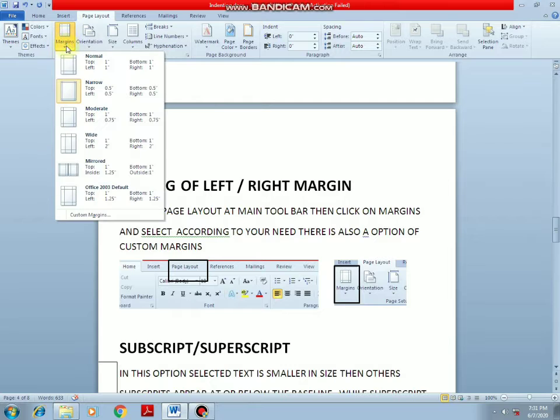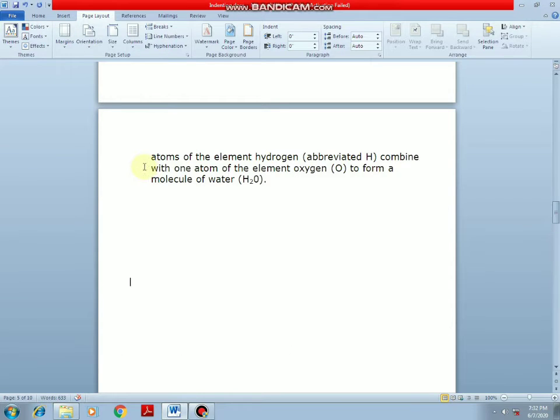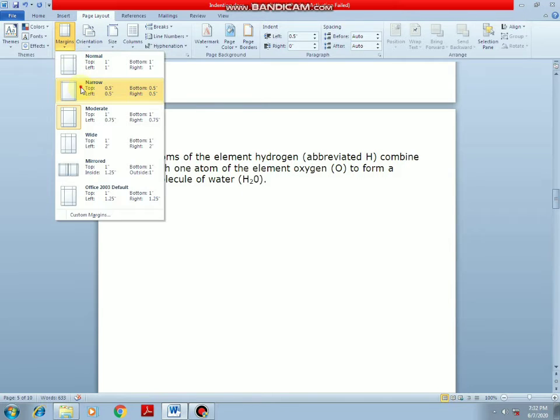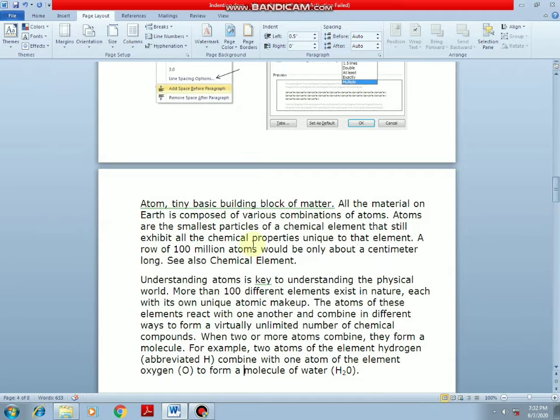Just select on the margin: normal margin, narrow margin, moderate margin, wide margin, mirror margin, or custom margin. If you select moderate, the distance between the page and the text is greater. If narrow, the distance between the text and the page is narrow.